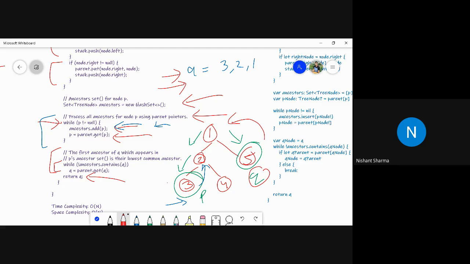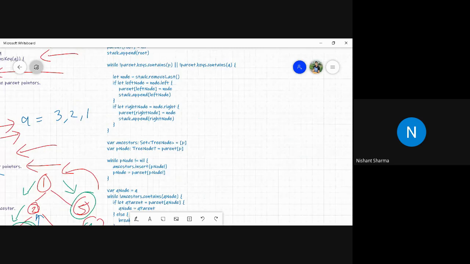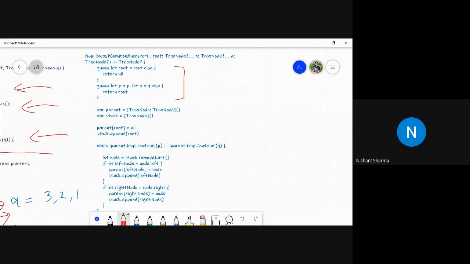Okay, so let me go through the Swift solution also. The logic is similar. These are just base conditions. Then we created a dictionary, and a stack using an array itself. In the dictionary, we store the root as a key and the parent as nil for the root node.